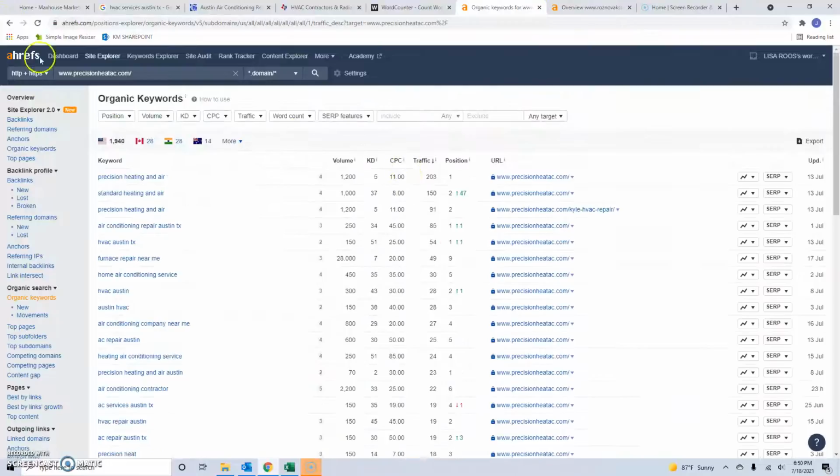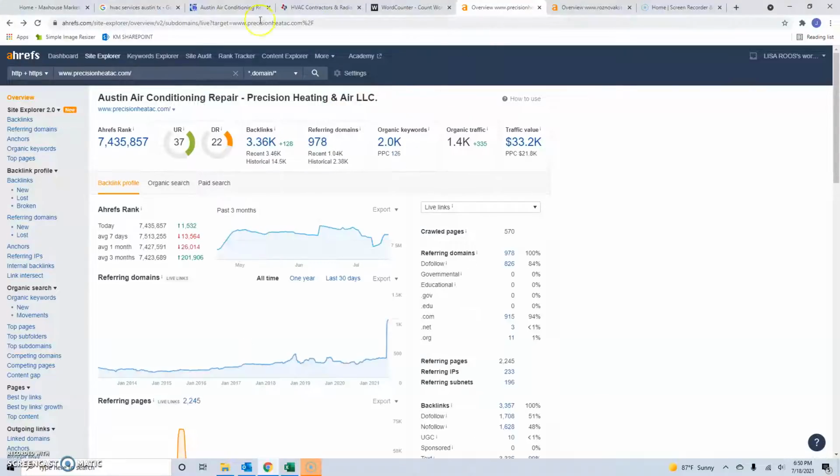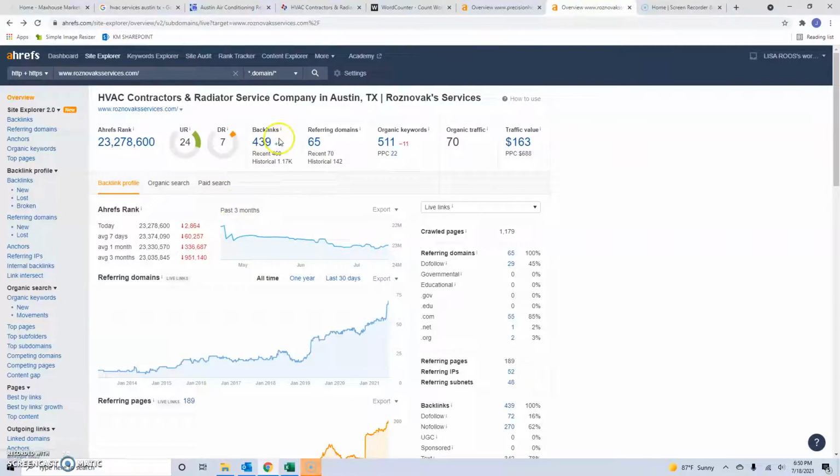So the last thing that we are going to touch on is backlinks. So what is a backlink? A backlink is essentially anywhere on the internet where your website is linked. So somewhere throughout the internet, this website is linked 3.36K times, meaning that's providing 3.36K more opportunities for this website to gain publicity, be seen, etc. So if we look at yours, it has about 439. We don't necessarily have to beat this number to outrank them. We just have to add higher powered,